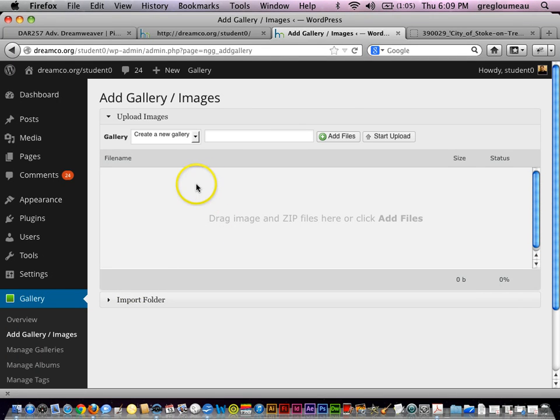Okay, so now we have this page here which says that we are going to create a new gallery, right? In the box to the right of where it says Create a New Gallery, go ahead and click in that little box and type the name for your gallery. So I'm just going to call mine Trains. Then click the Add Files button,